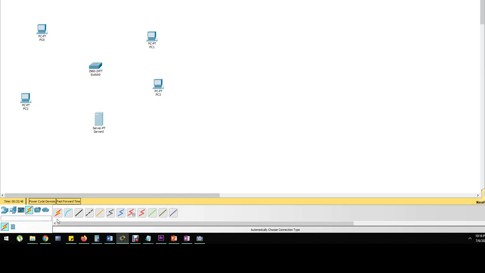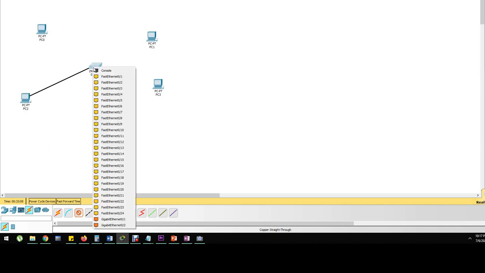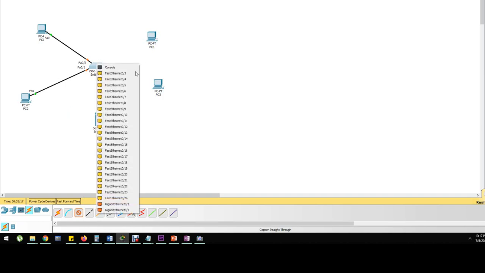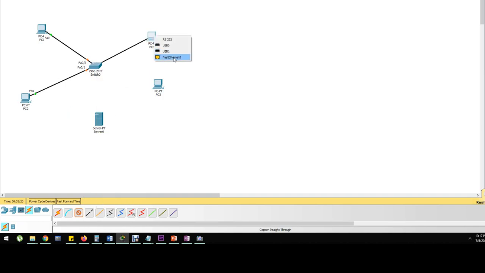Now in choosing a connection, we will choose a straight through connection. You can either use this, which will automatically select the appropriate connection that it needs, or you can specifically select this. This is a straight through cable connection. Use fast Ethernet, connect to switch 1, connect PC 2, connect PC 3, connect PC